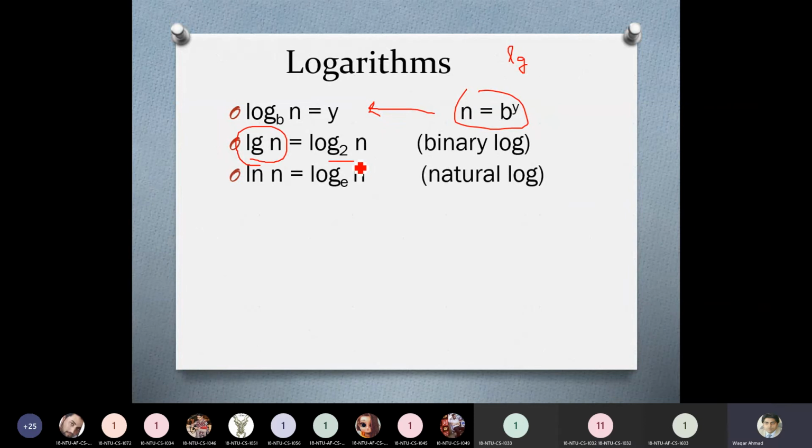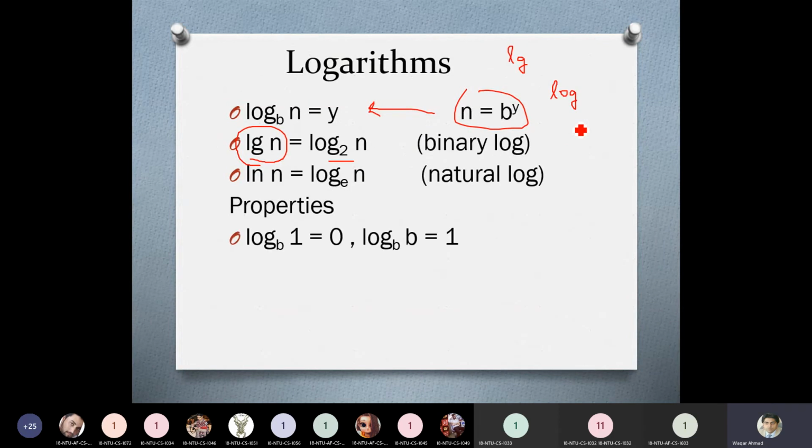We can also have the natural log, and other logs will be clearly mentioned with the log term. You will have to identify these terms when we are working here.